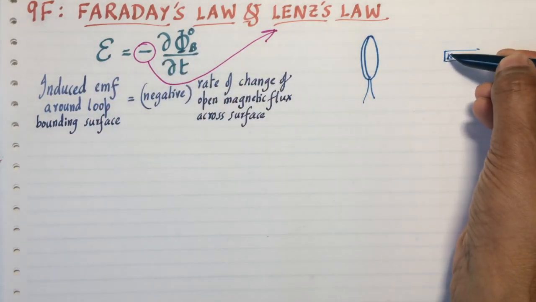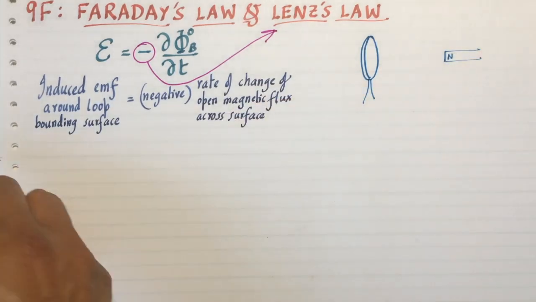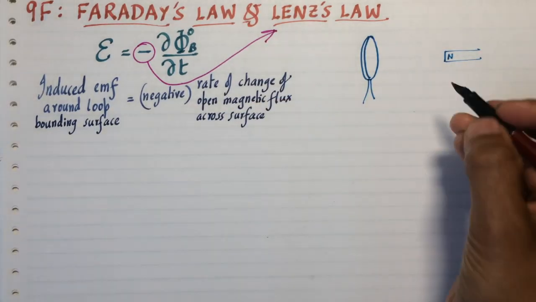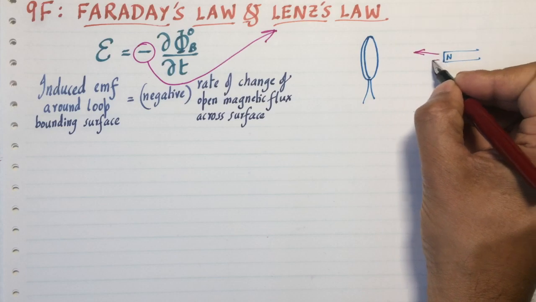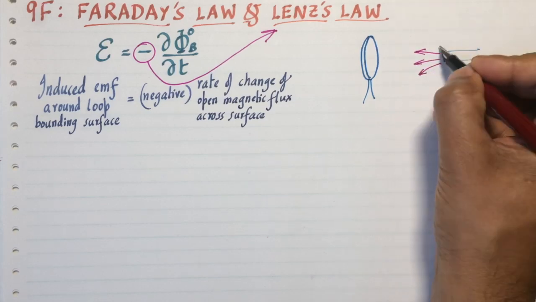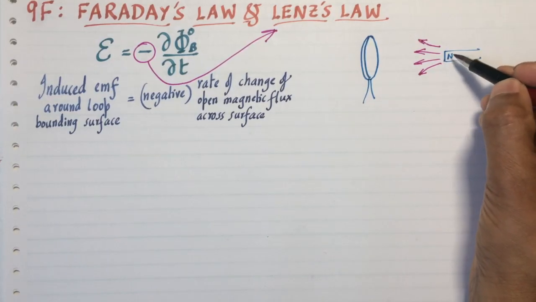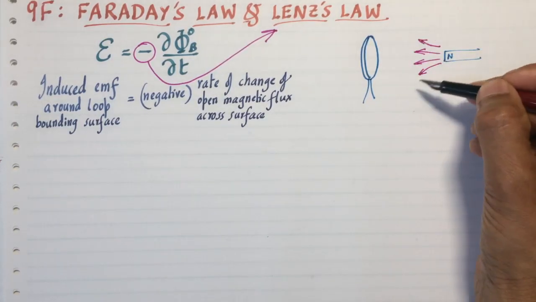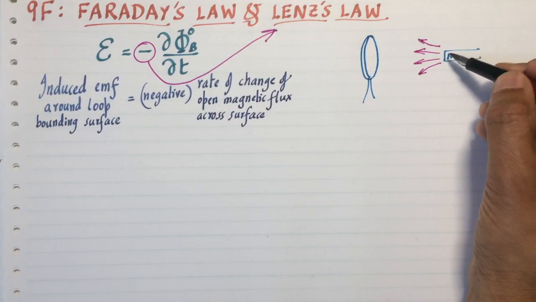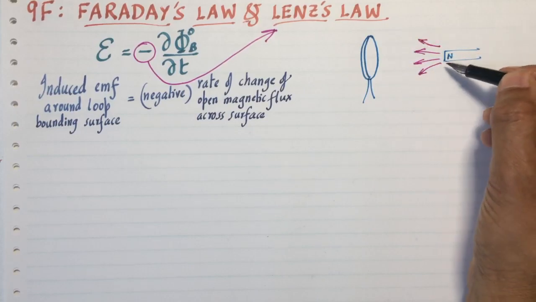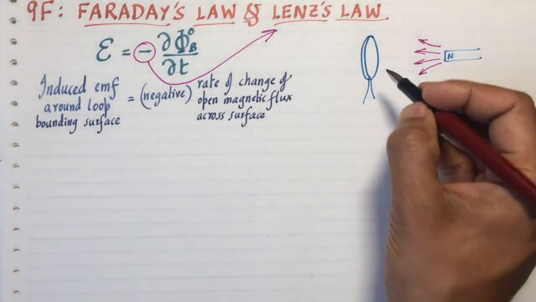Now the magnetic flux coming in from a north pole spews out like the positive charge type magnetic field. In an electric situation, that would be a plus charge, and electric field would come out like that. In the same way, a north pole would send out magnetic field like that,